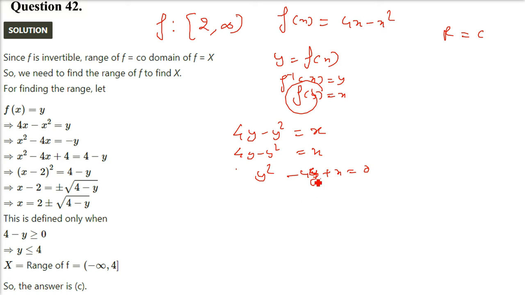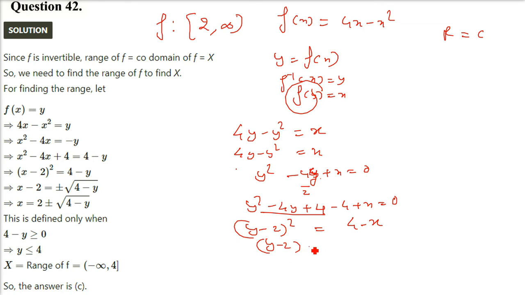Since this is quadratic, as I said, just divide 4 by 2, this will be 2. So add 4 and subtract 4. This we have been doing since we started our discussion. This will be y minus 2 whole square equals, on this side you can take negative x and 4. So this will be 4 minus x. So y minus 2 will be equal to, taking the square root, plus minus under root 4 minus x, then take 2 to this side. So you will have 2 plus minus under root 4 minus x.